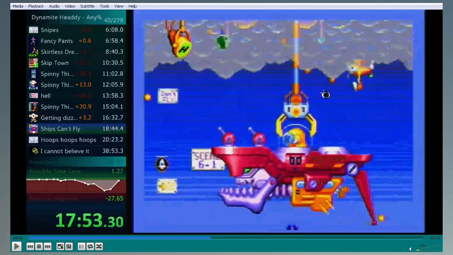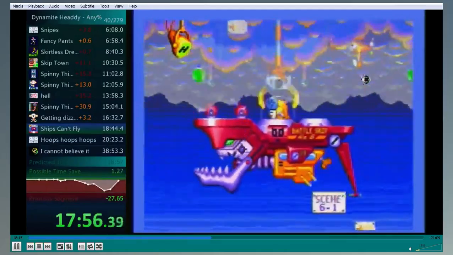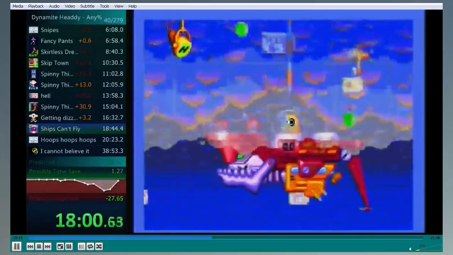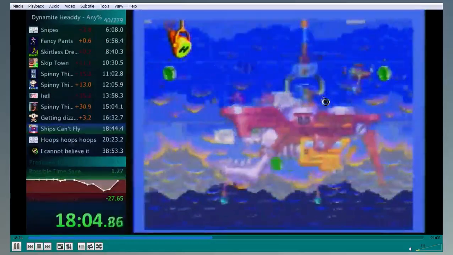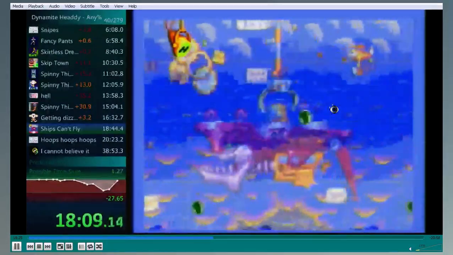Now, the strat here is basically you want to stay in this corner here, and you want to shoot with diagonal shots. And first of all, you want to stay in this corner because you won't have to move much. Your diagonal shots will hit it when it's low, and when it raises high, your horizontal shots will be able to hit it. You will have to move just a tiny bit to avoid damage from the bomb explosion projectiles,